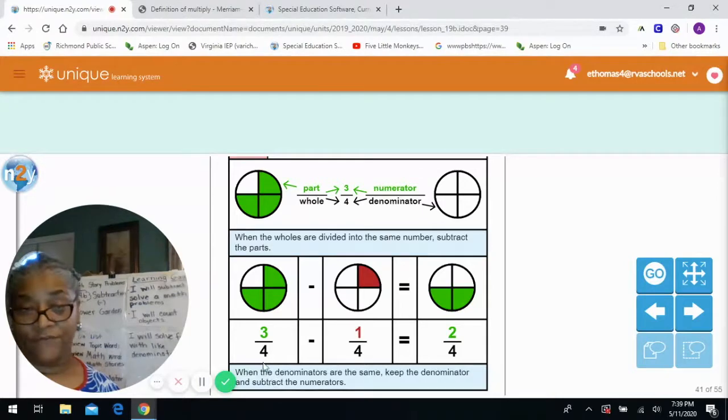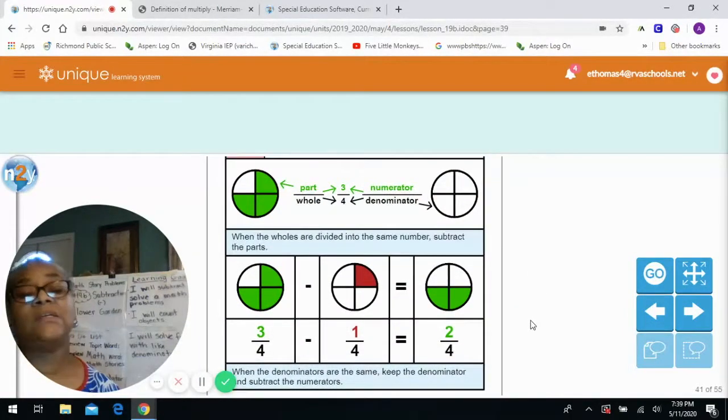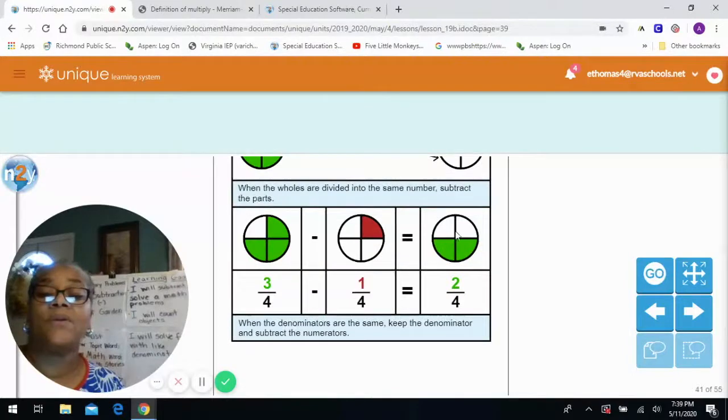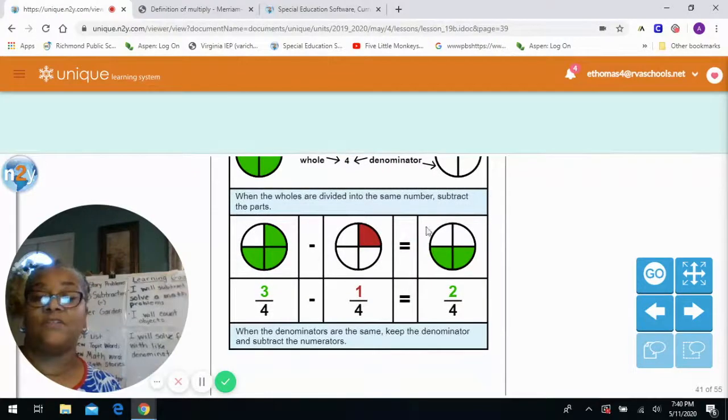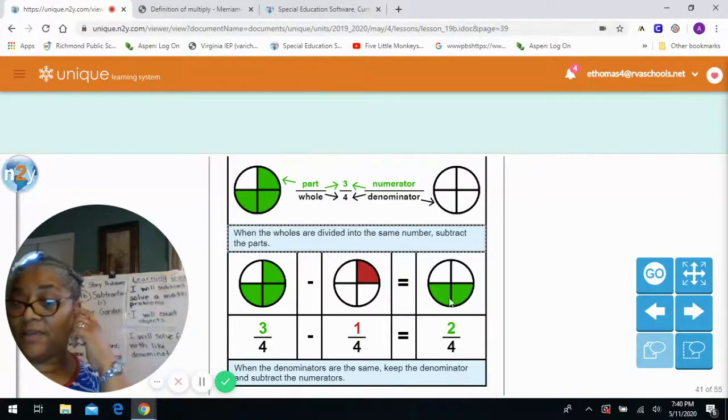So we have 4 here. All of them are the same. We have 3 parts and we have 1 part. So what we're going to do, we're going to take this 1 from the 3 and it becomes what? 2/4. Okay, when y'all get into least common denominator and the fractions, just look at it, and this would be a half when you're reducing your fractions. Okay, but that's a whole nother lesson, but that's what it is. Okay, so we're gonna go on